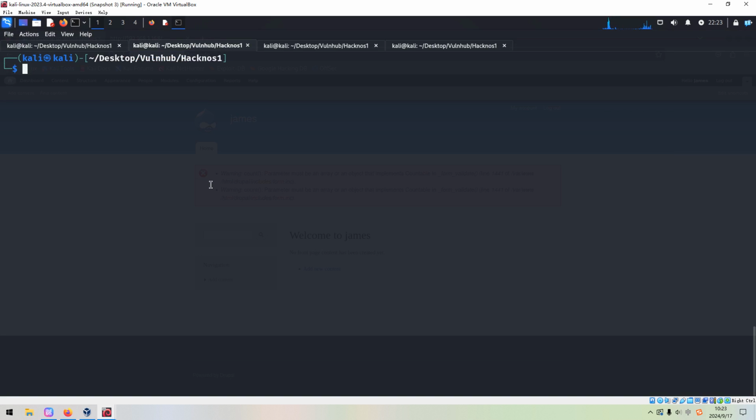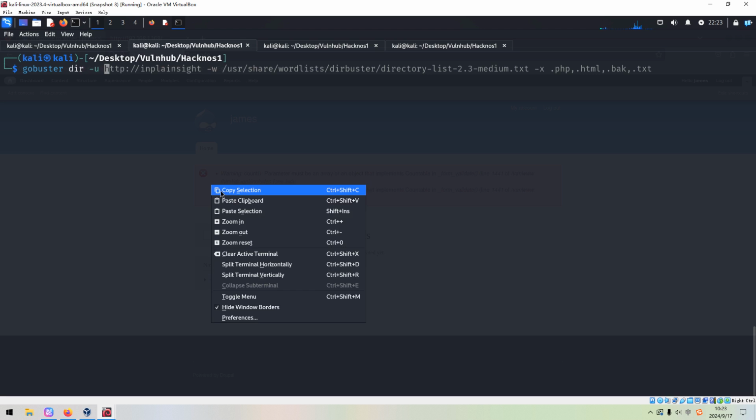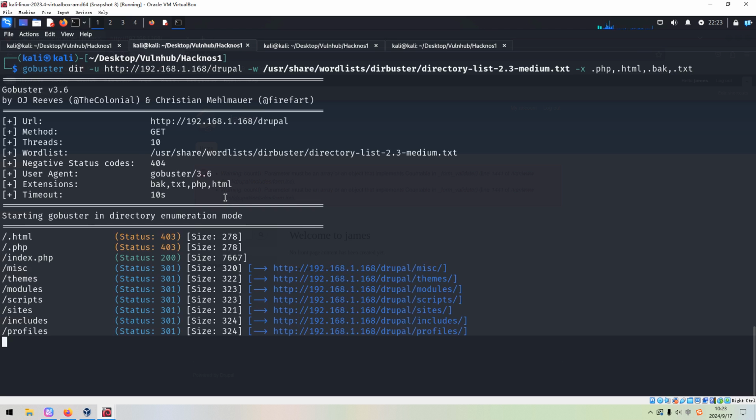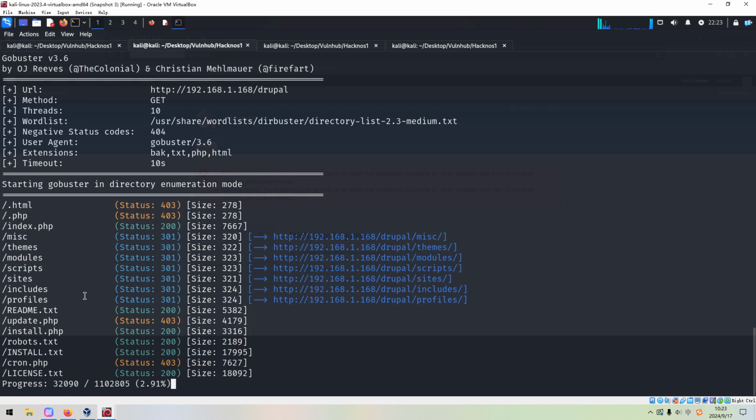And we can use GoBuster to do a deeper directory enumeration. Okay, press enter, and a lot of output.